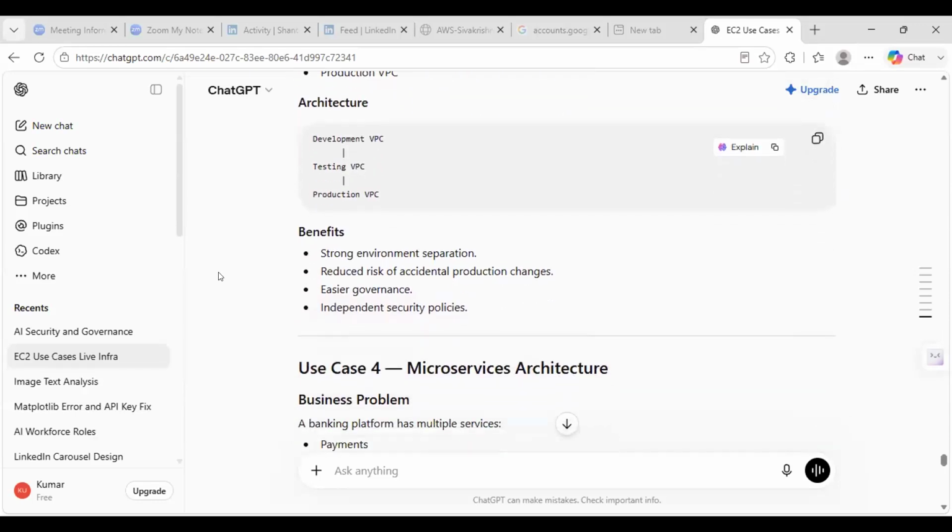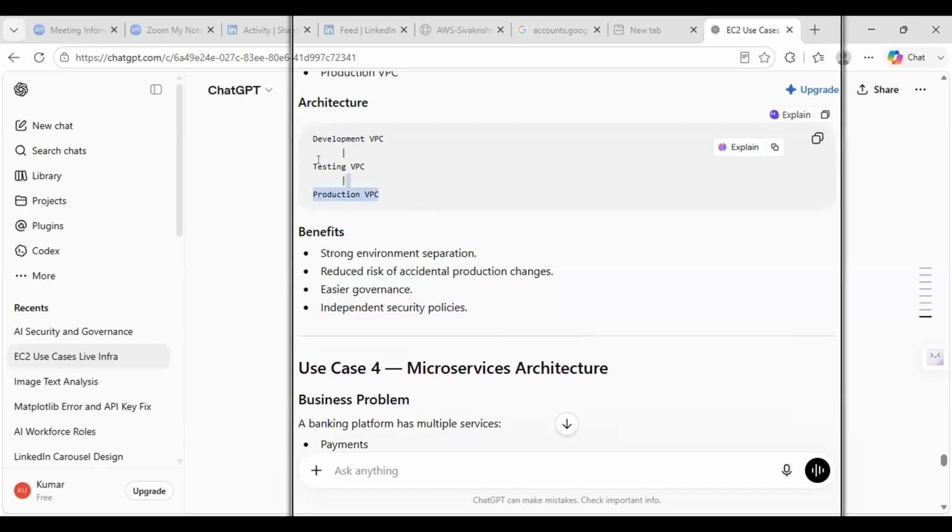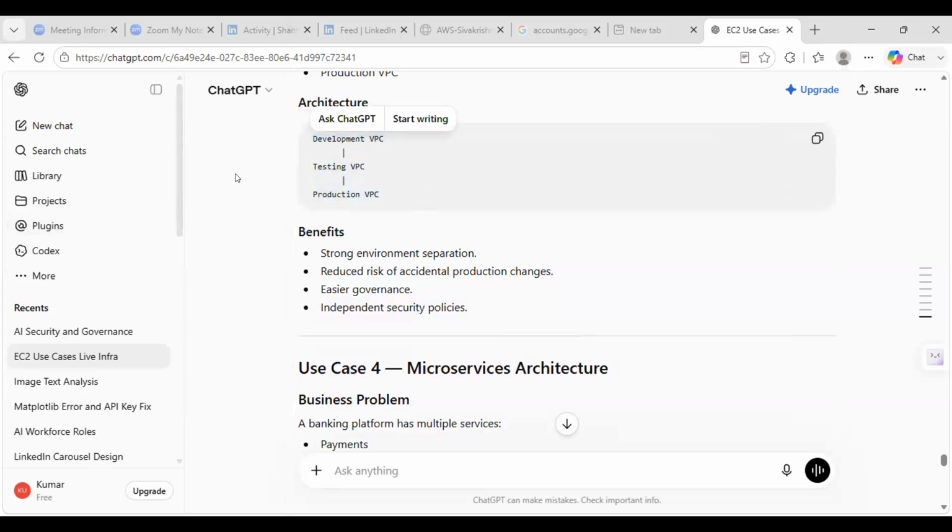Now, what are the benefits from this multi-environment isolation? Strong environment separation is there. It means three environments we are using. In between, if you want, after testing you can also use pre-production environments. Pre-production means it is a replica of production. In top-notch banks, like Citibank in Riyadh, Saudi Arabia, where I worked for 2.5 years, we used to build a pre-production environment, the replica of the production environment, but we used to take the data and mask the data for important fields where they are highly confidential,